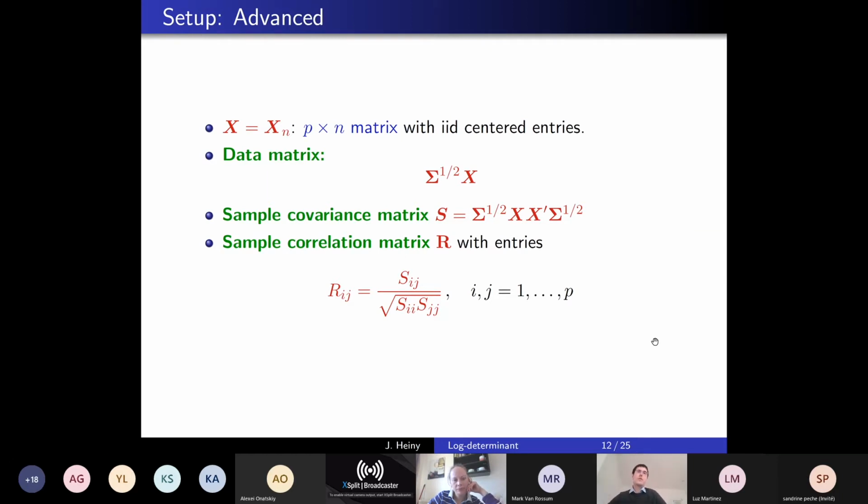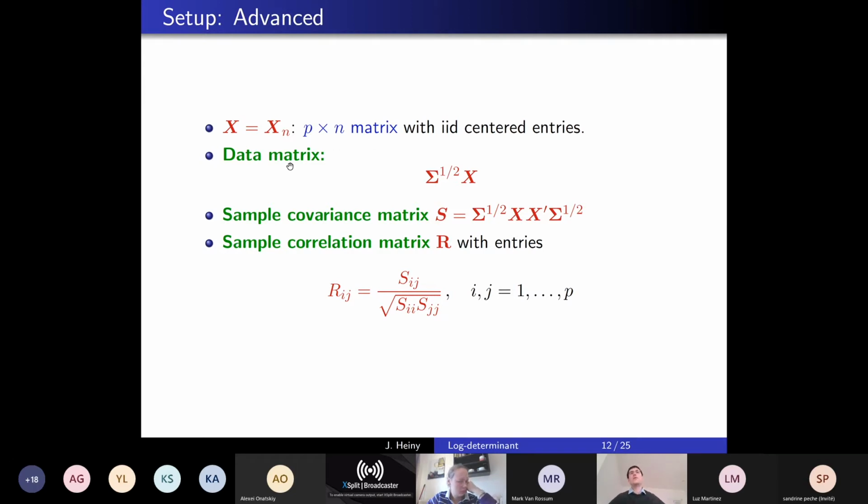Okay, so this was the correlation matrix with a kind of identity population correlation matrix. Now I want to study a non-trivial correlation structure, which will be given by this matrix sigma here. So I will again start with some noise matrix X, which has IID centered entries,